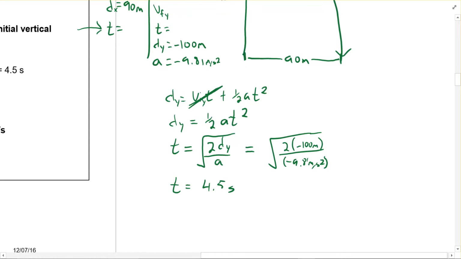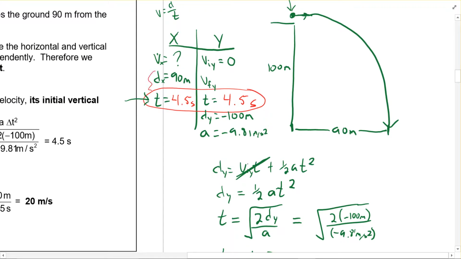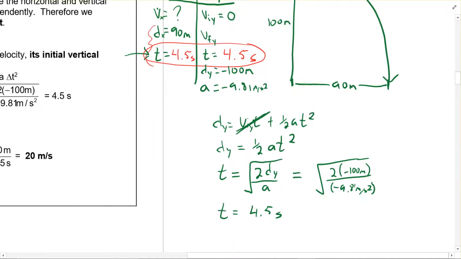Now you can start to see how we're going to move through this thing. So I've got my time. I'm going to put it in red just so we know that's the first thing we found. So that was 4.5 seconds. Now time is the only thing that's constant between my x and my y. That's the only thing that links them together. So my time is the same for both. It's also going to be 4.5 seconds. So now, if I look on my x side here, I've got distance and I've got time. Last thing I got to do